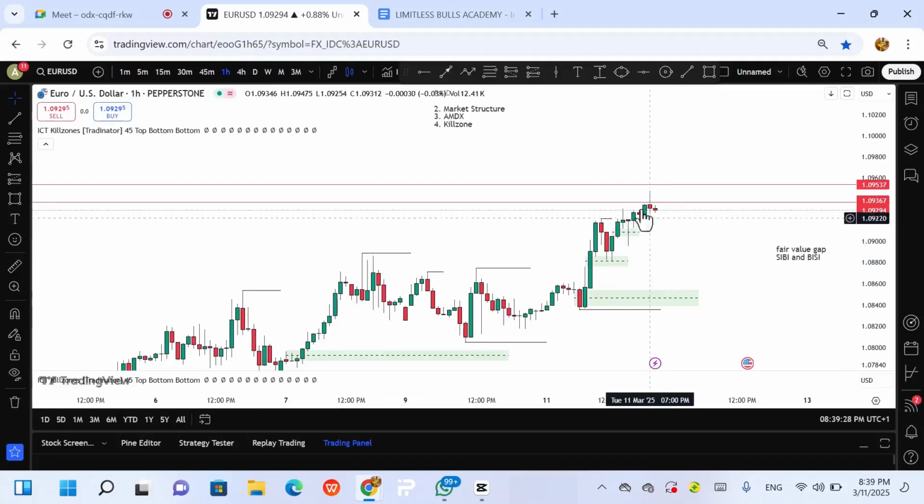When price raids this liquidity, this swing high, what is it going to do? It's going to move over to the next liquidity like this now. I just love this system. This was a fair value gap. Price raided this fair value gap, came back, raided this swing high. What again? It came back, it raided this fair value gap, this BC, and then it's pulling up, and it